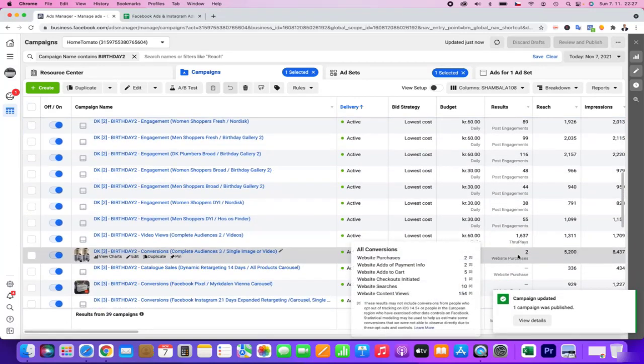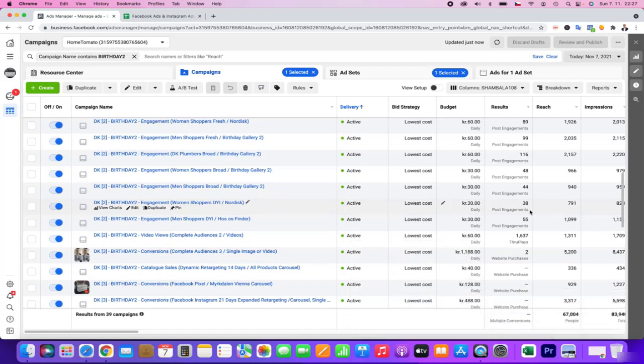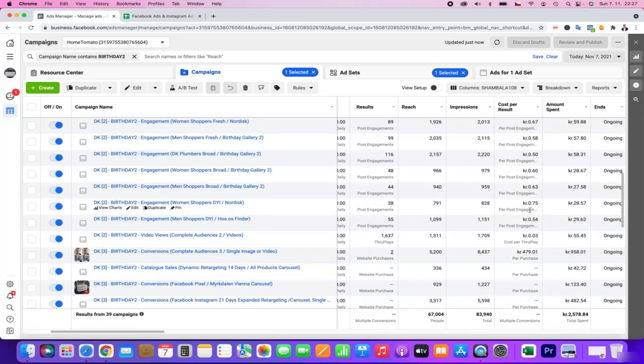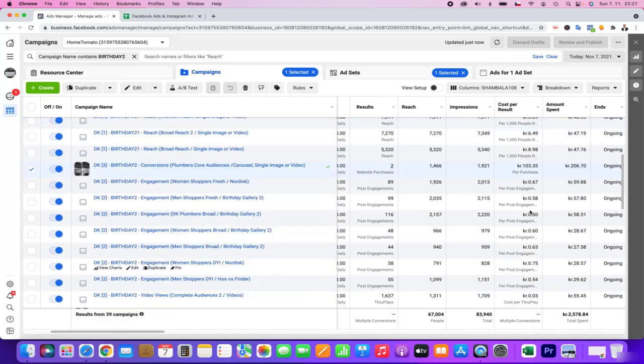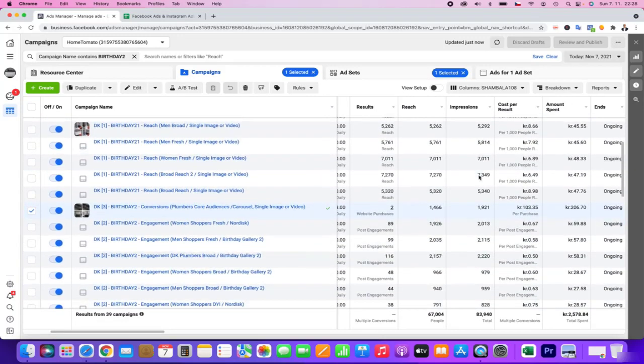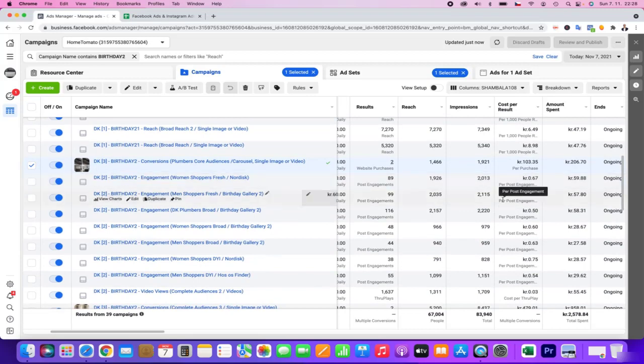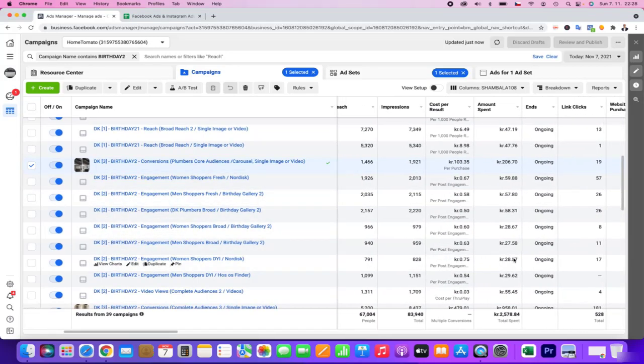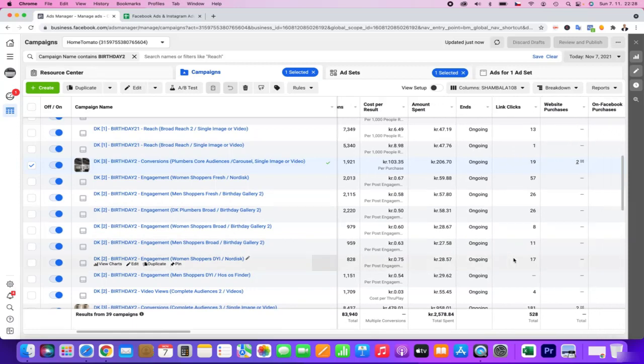Then what I really focus on is to always use as many different audiences as possible. So we follow up reach with engagement, but I try my best to use different audiences so people can go through the first step, then the second step.